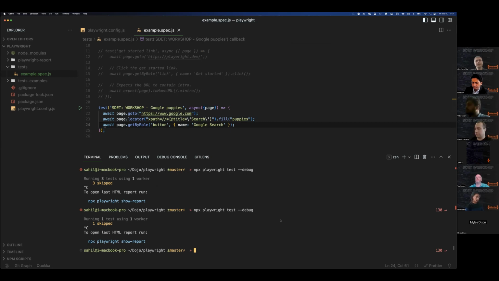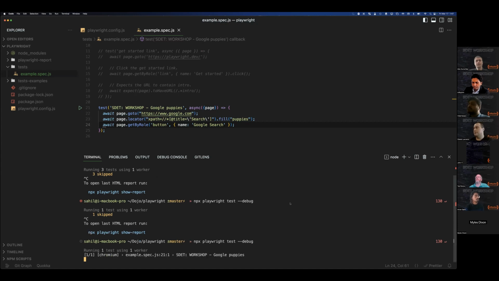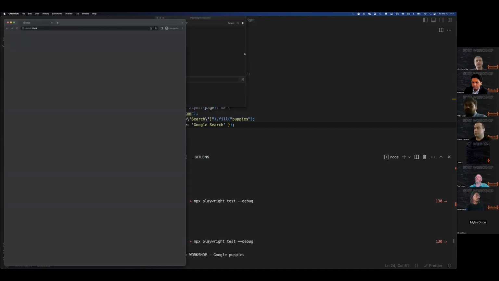Debug also allows you to do more than deal with locators. You can step over, you can see all your steps, and if you have variables in the test, you can see them. So let's run. Running the test in debug mode.